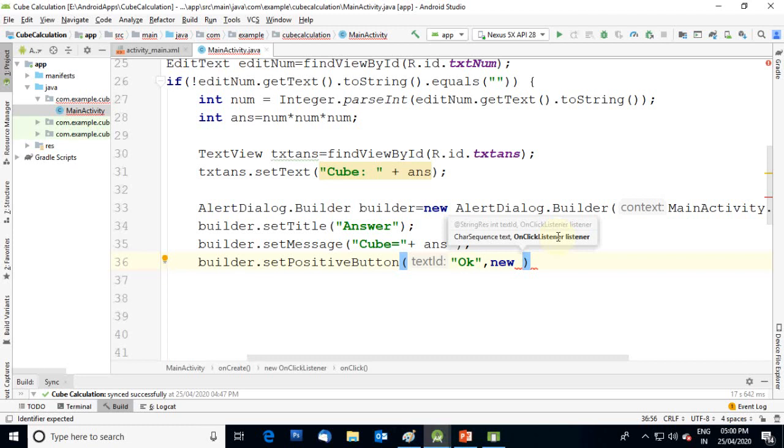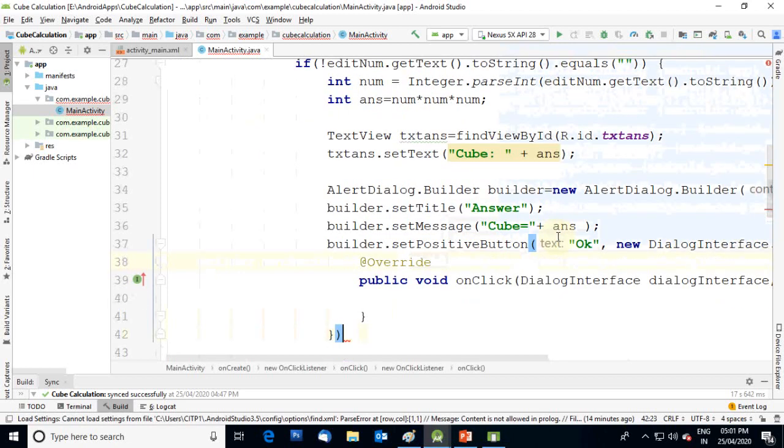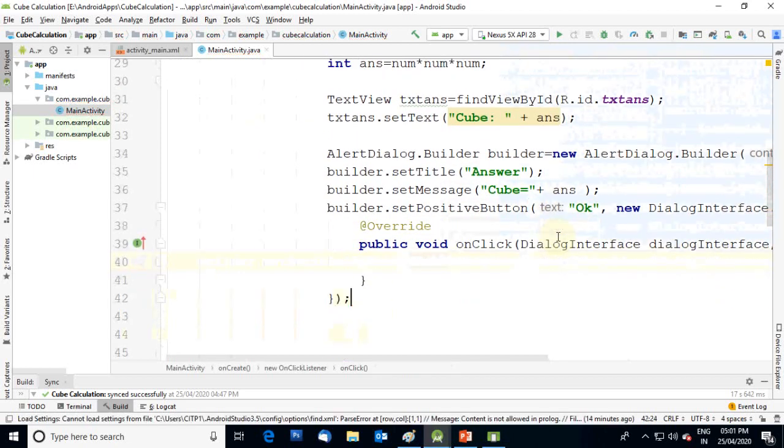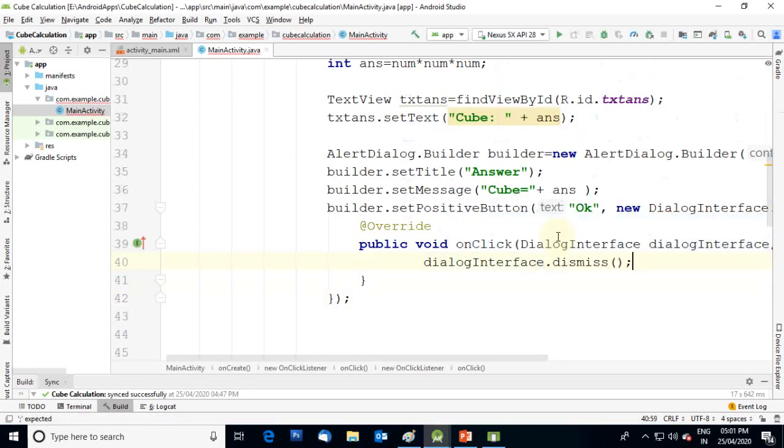After writing new, hold the Control key and press space bar. It will show you the DialogInterface.OnClickListener function. Press enter. It will add the function. Put a semicolon in front of that bracket. Then simply close the dialog, dialogInterface.dismiss. We just want to close the dialog.